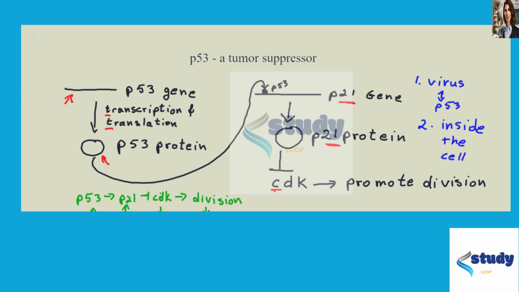Choice D is that the modified virus replicates only in cancer cells, and that is the only rational choice here, because it needs to be inside the cancer cell, and it needs to replicate only inside cancer cells where the P53 gene is mutated. So choice D is the correct